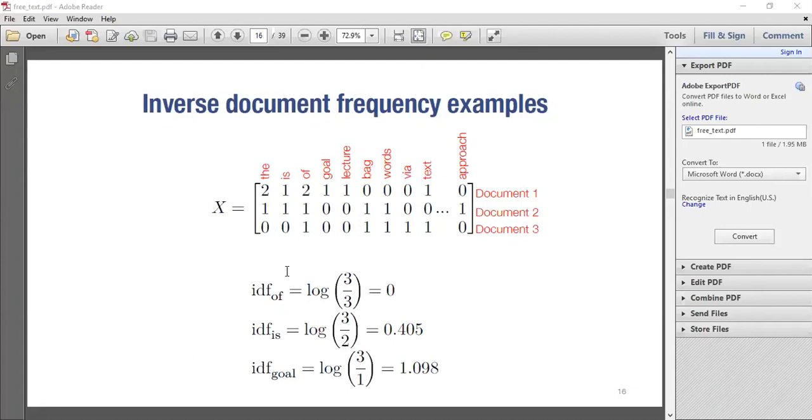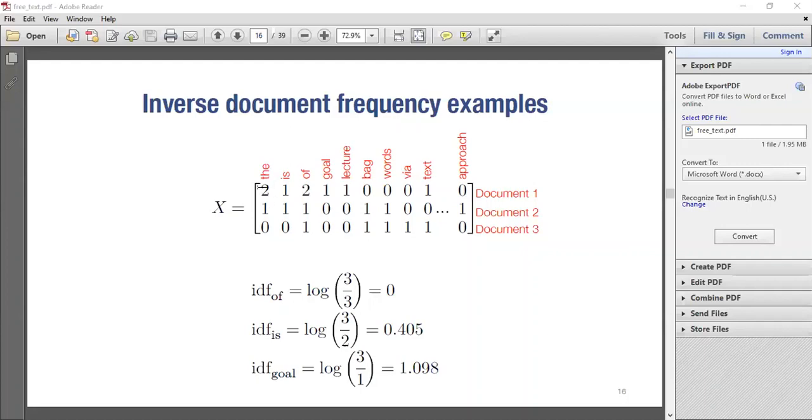But for the case of inverse term frequency, for example, if you look at this particular instance where we have 2, you'll find that with respect to the first document, what you have for "the" here will be 3/2.